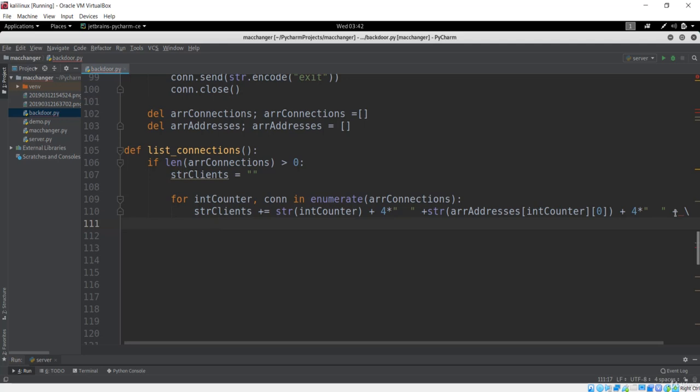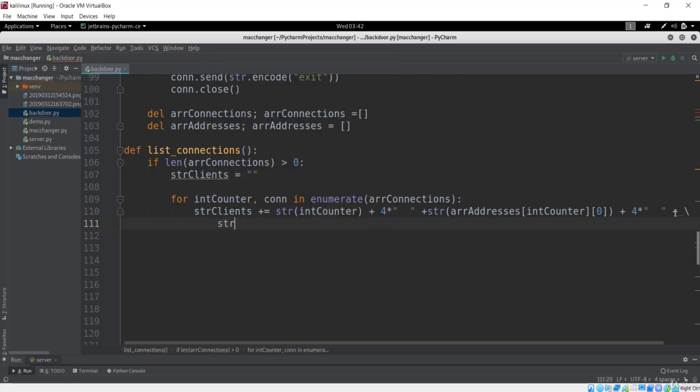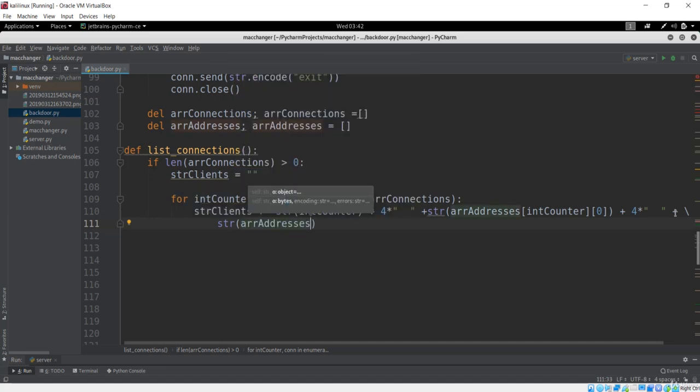So next, I want to get the port name. What if I just want the port name? I'll say again that it should be typecast to string, and it should be inside this array addresses. And the next thing I want to get is